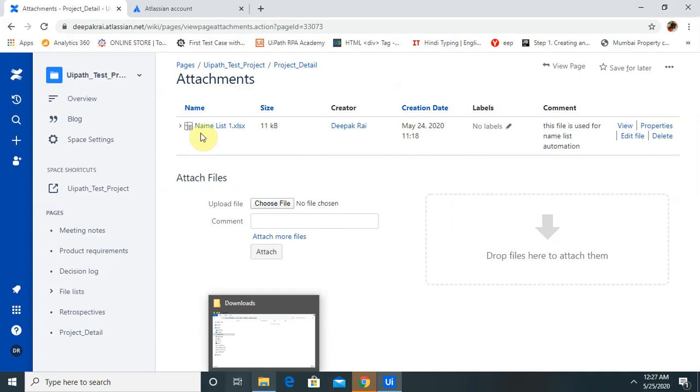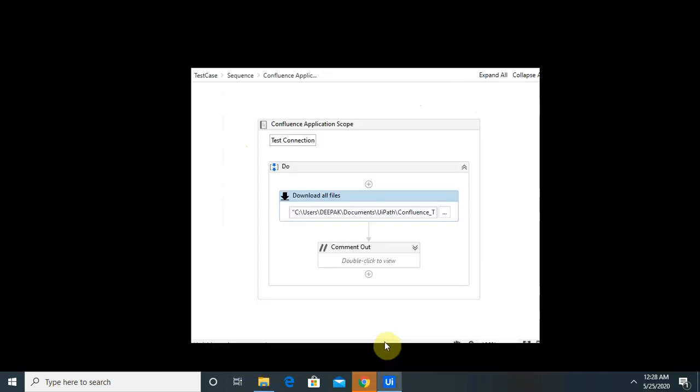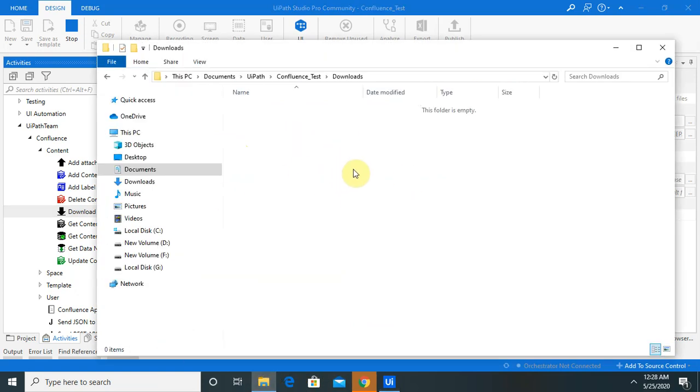It will go to the Confluence login, enter the API token, and after that it will go to the project or whichever content ID we have provided. From the content ID, it will download the attachment. Now it's still executing. Once execution is done, our attachment will be saved here.